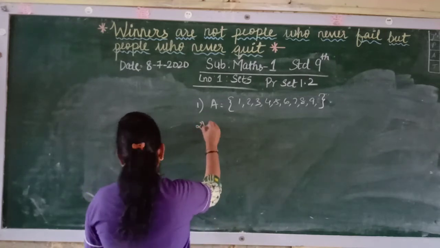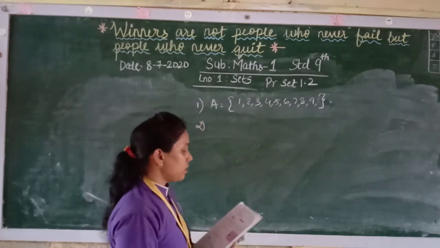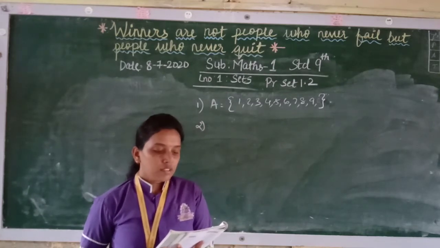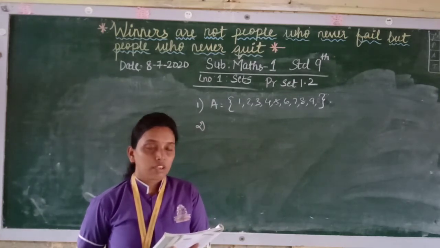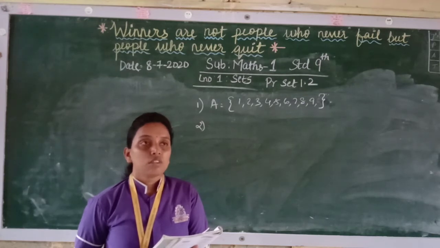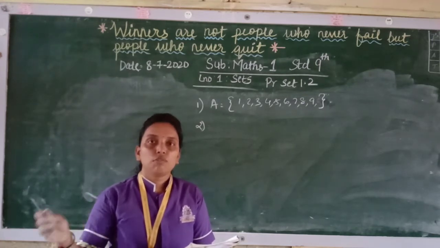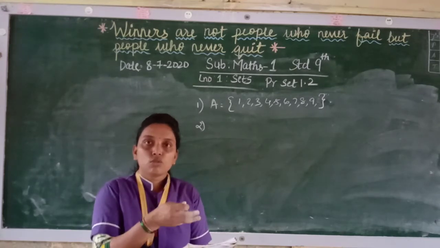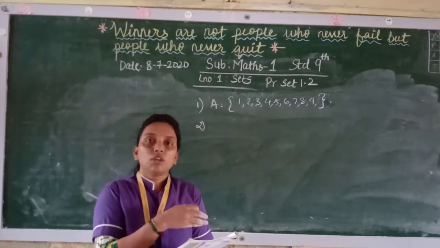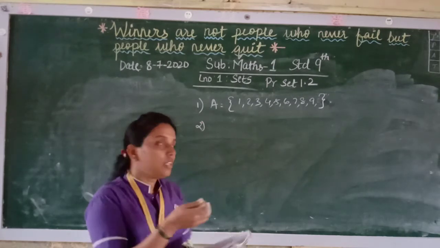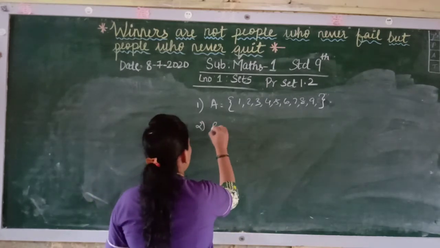Now second one, B. B is the set of y such that y is less than -1 and y is an integer. So if you see on the number line, you must have seen on the right hand side it is 0, 1, 2, 3, 4, on the left hand side it is 0, -1, -2, -3. And for the negative number, the number which is actually greater will become smaller. So less than -1, there are many. So it will be an infinite set over here.